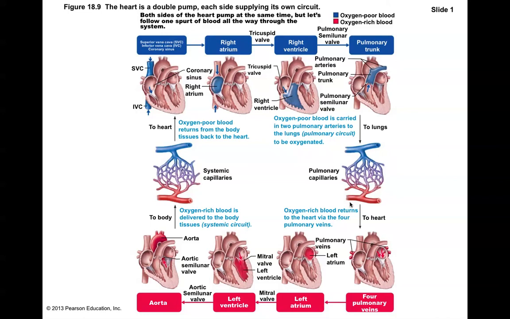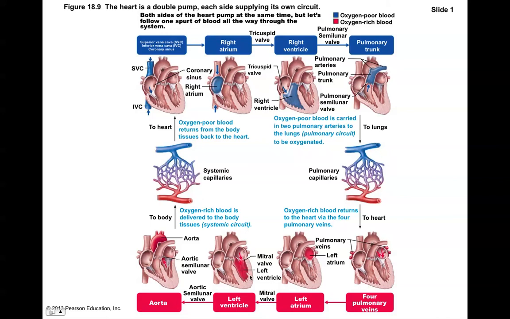Then the blood will gather into larger and larger venules and veins. These are pulmonary veins, and they are indicated in red because the blood here has been oxygenated, and it's going to go back to the heart through these 4 pulmonary veins. And these look like they're on the right side of the heart, but it's going in the back. There will be 4 openings to the left atrium. The blood passes the bicuspid or mitral valve right here, and it goes to the left ventricle,